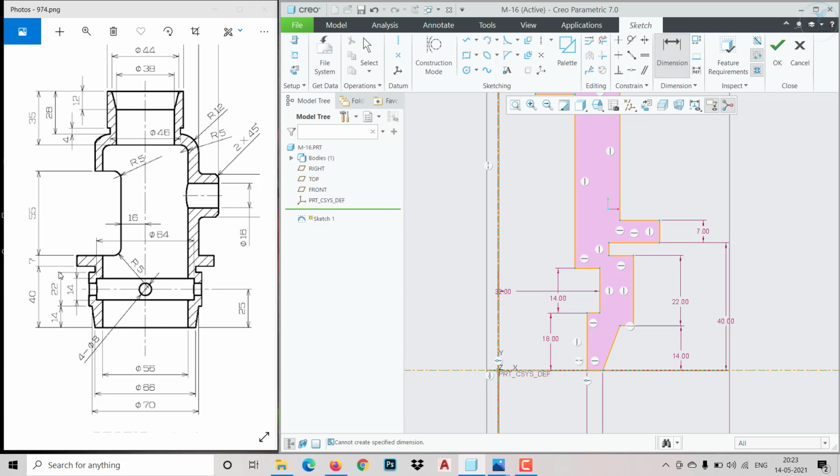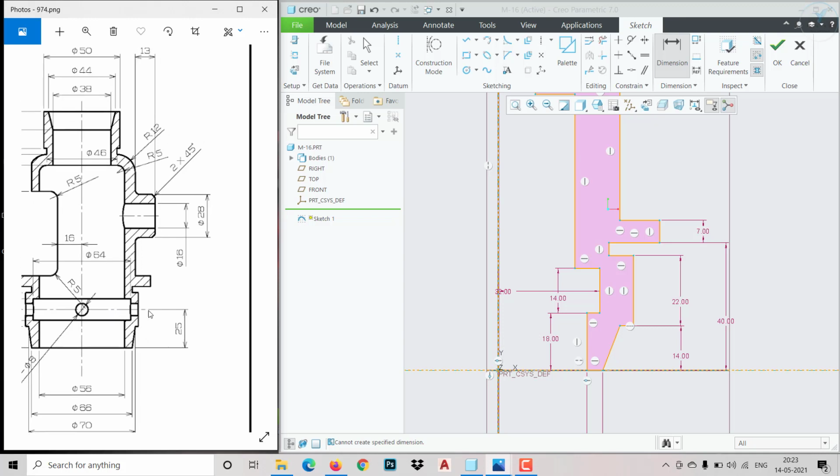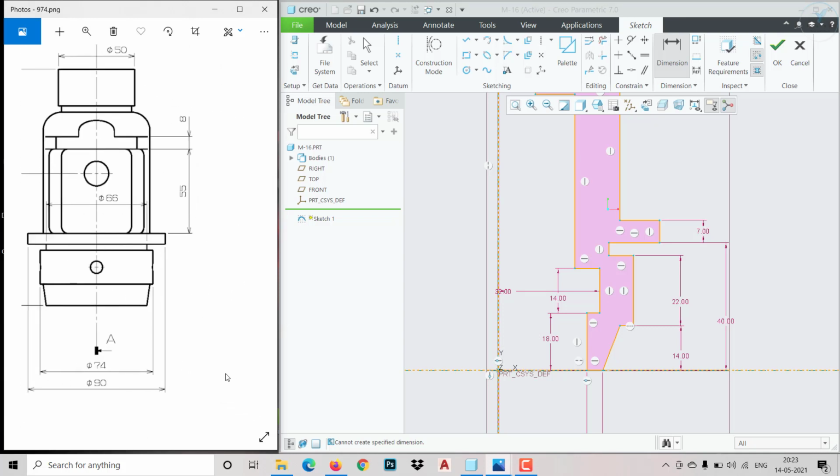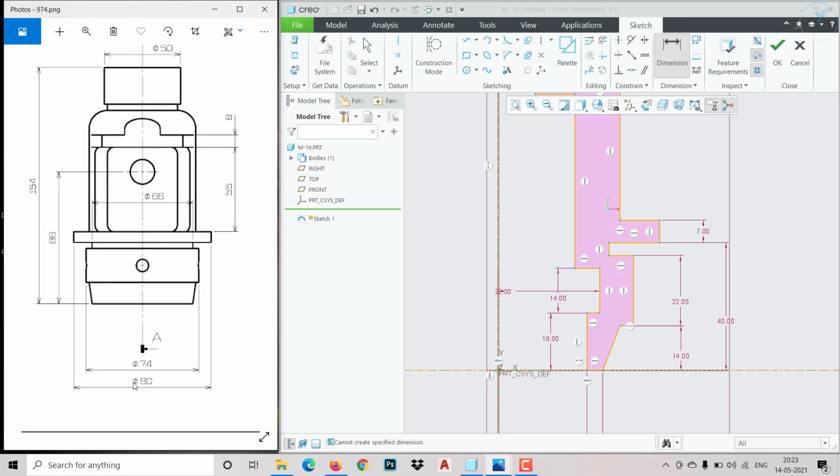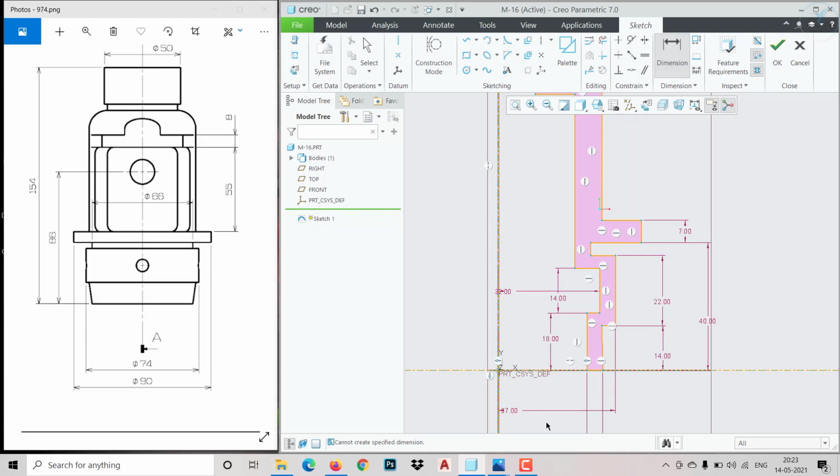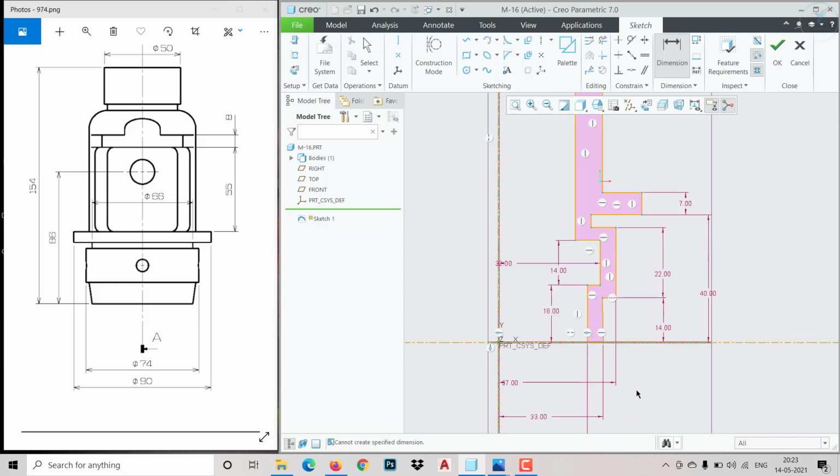So then we can come over here. You can see this distance is 90 and this is 74. So 74 means it would come 37. Fine. Then this portion should come 45.